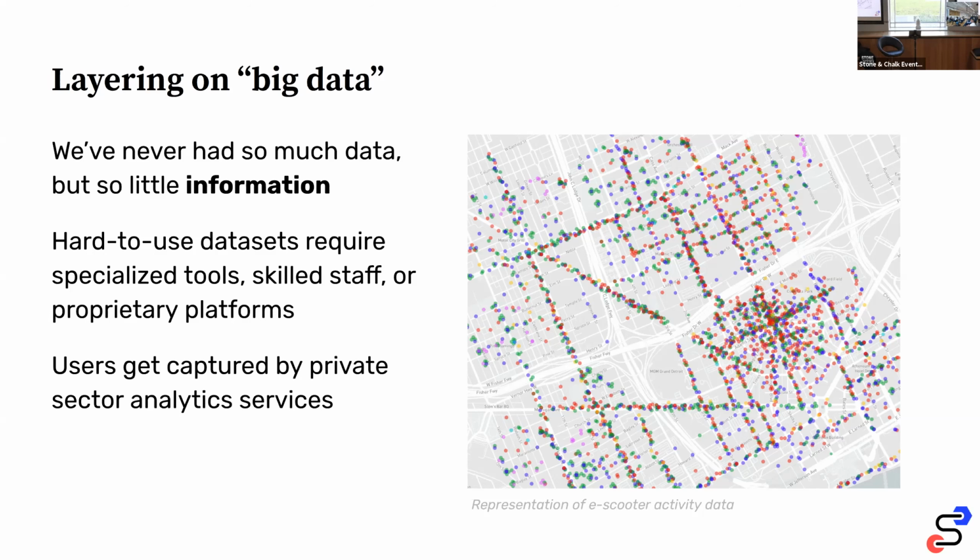So we have all this data, but we don't tend to have a lot of information. What we found is that all of these individual cities either have to have very specialized tools, hire a data scientist, or contract with a private company to try to turn their information into something meaningful. It's a real opportunity for a city and a private company to be able to work together, instead of having all these companies in the middle that sort of own the map and control who gets access to it. So these are the kind of things that we're concerned about and trying to build solutions for.